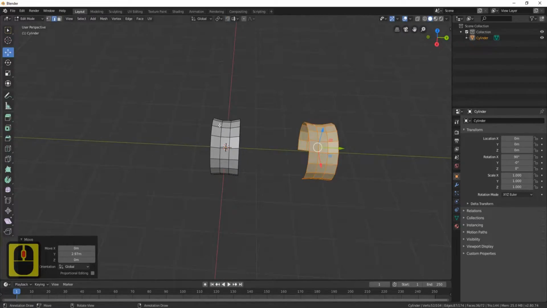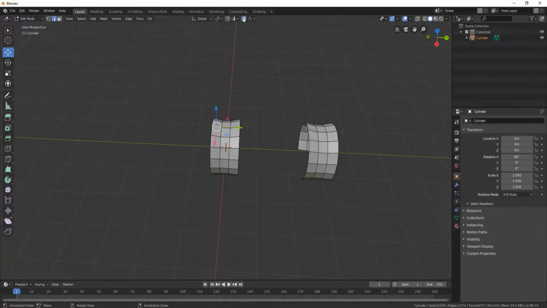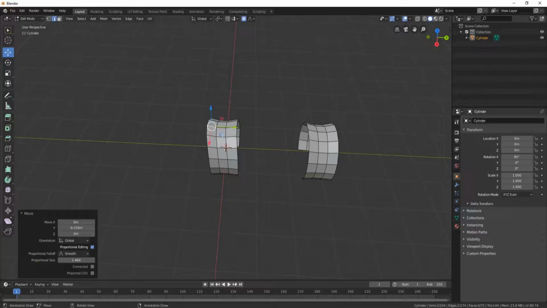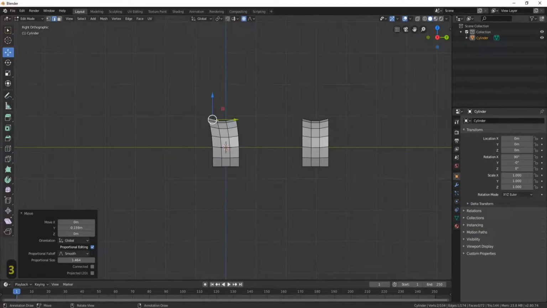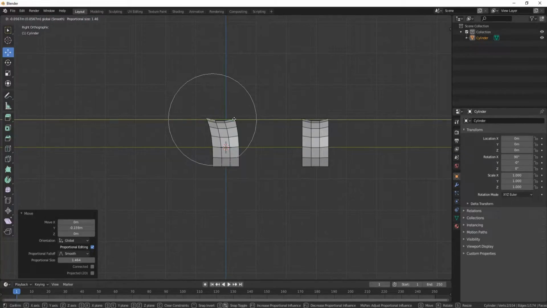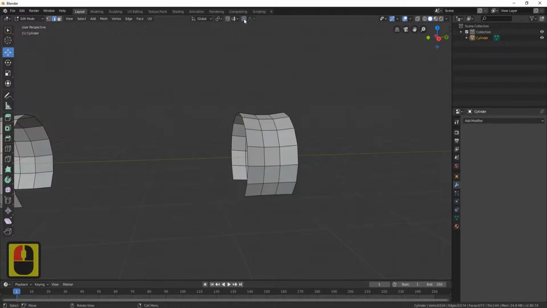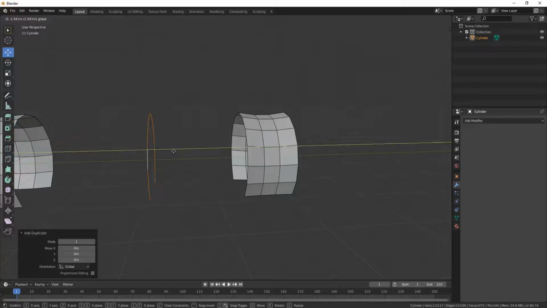Now still in vert select, select the top vert on this side, go to proportional editing and now start to pull this one out, like so. These are going to be the ends of the wagon, so if you go back into 3 now and just make sure that they're out enough for you, so you can pull them out a little bit further if needed. Now let's turn proportional editing off and grab these edge loops here, Shift D, let's bring them over,